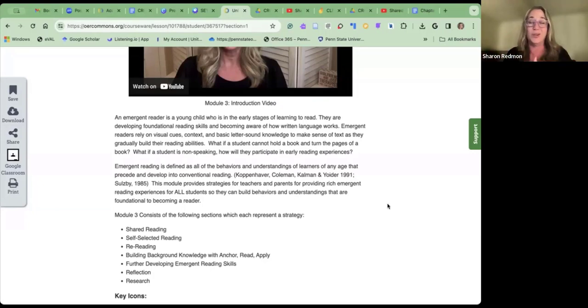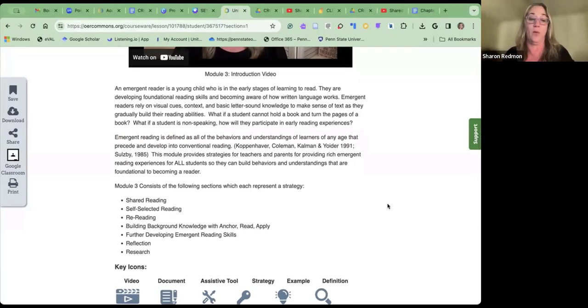And I think what is also really great about these modules, and I would use them when I was working with my paraeducators, giving them more opportunities to learn more about what is this shared reading, what is this self-select reading, what is this with emergent reading. And then they could go when they had time. Let's say their student left early for an hour for the day. They have about a half an